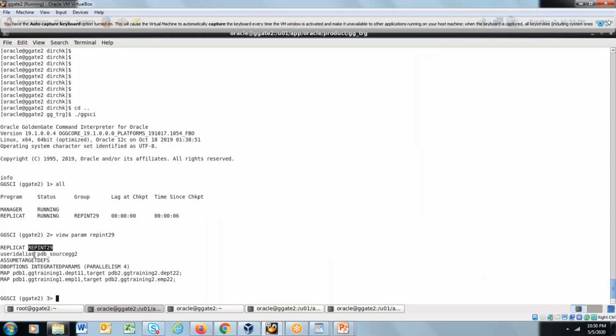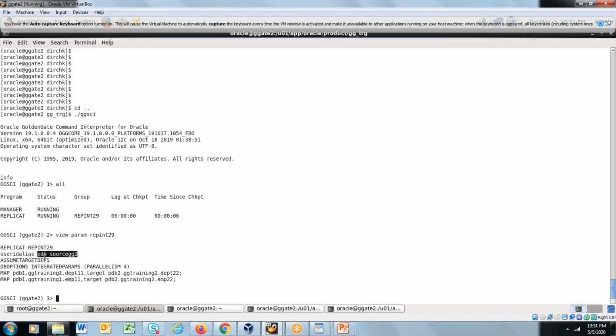So assume target depths means it is making replicate assume that the source definition of the table is similar to the target table. If you divide it into two parts, on the left side it is assume and on the right side it is target depths. So assume target depths means assume that the target definition is similar to the source definition.